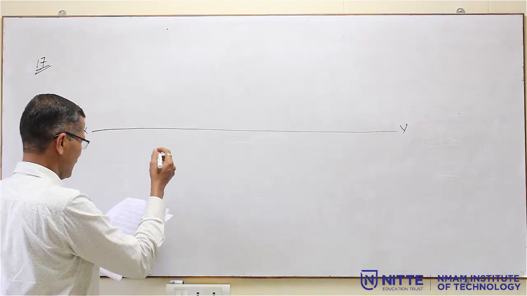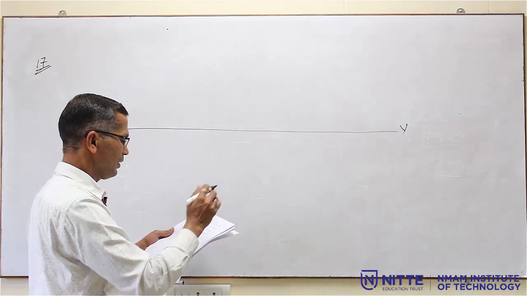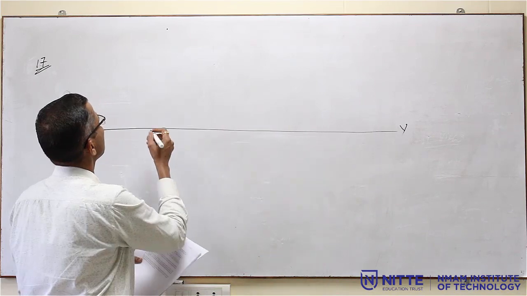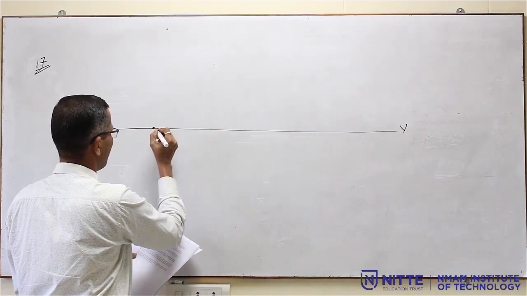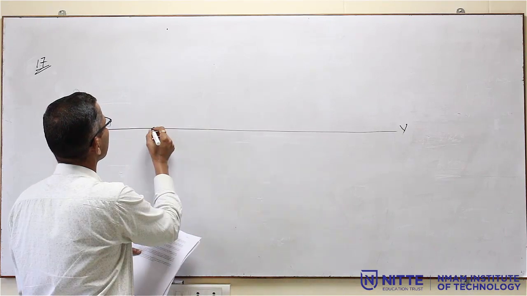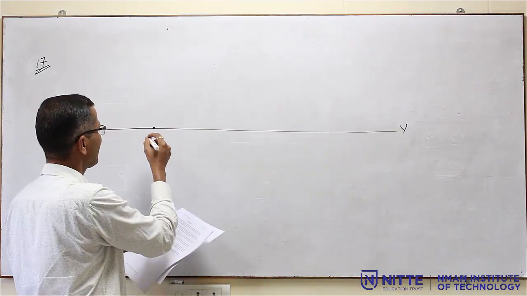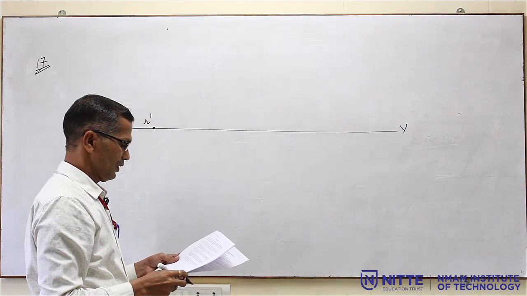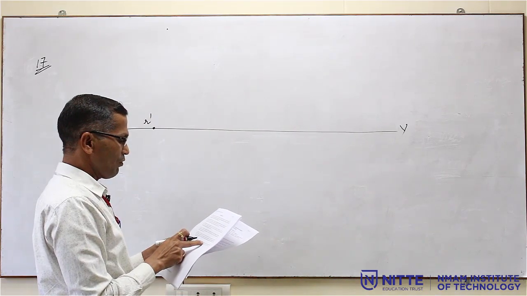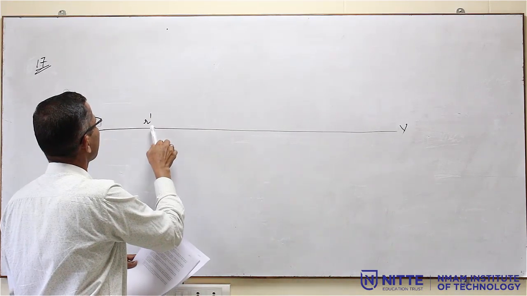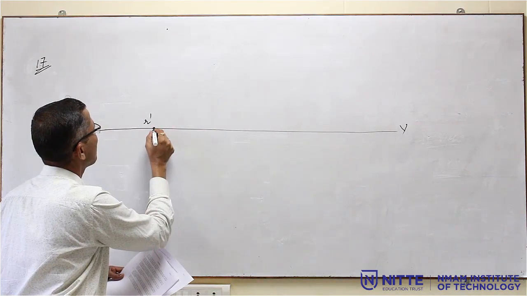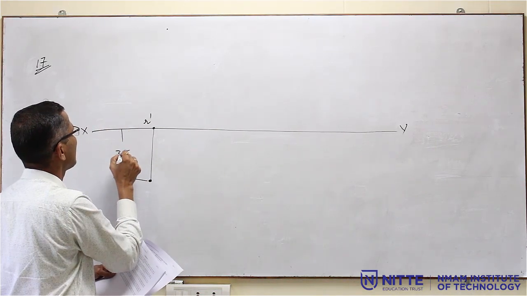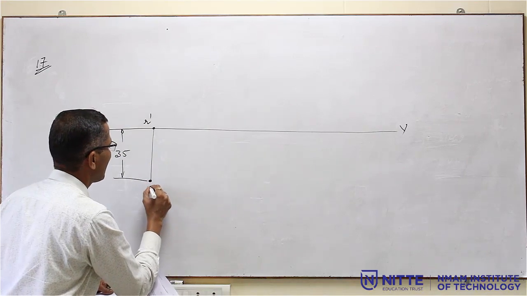Now, first I will draw the projection of R, then we have to fix the projection of S. Two points R and S are on HP. So, this is the point R dash, and the point R is 35 mm in front of VP. From here you have to measure a distance of 35 mm and mark this point. This distance is 35 mm, and call this R, the top view.